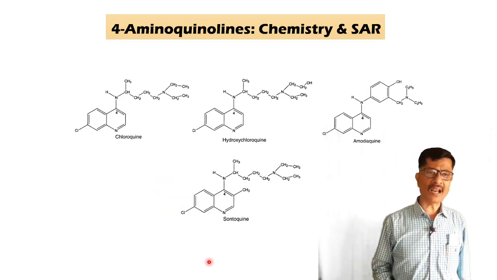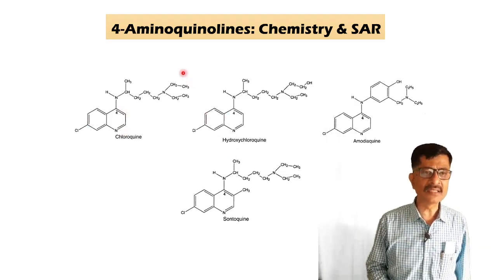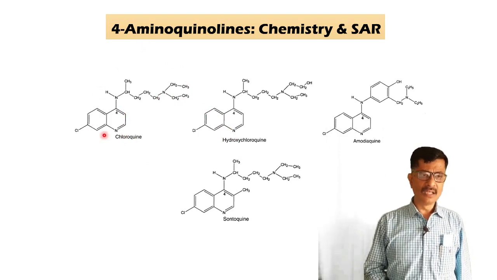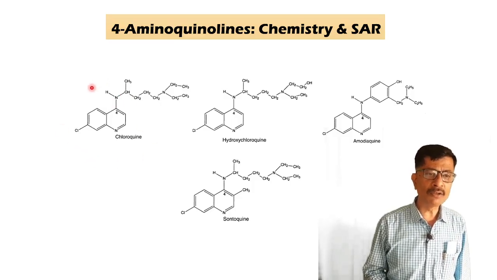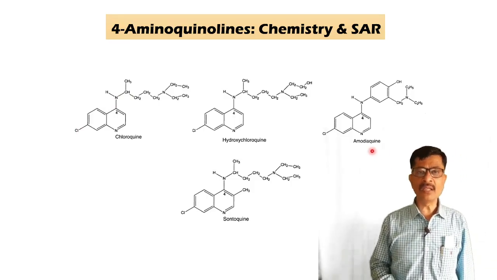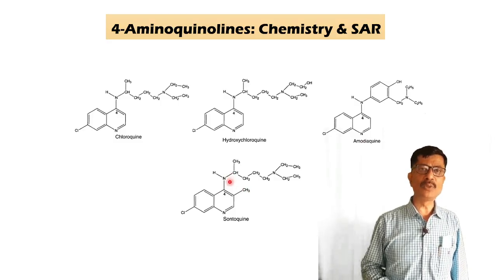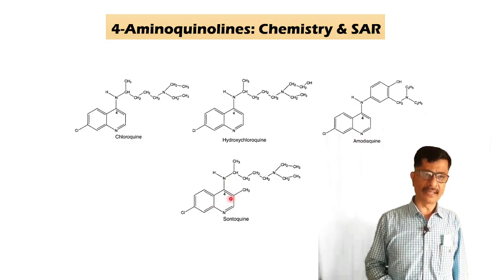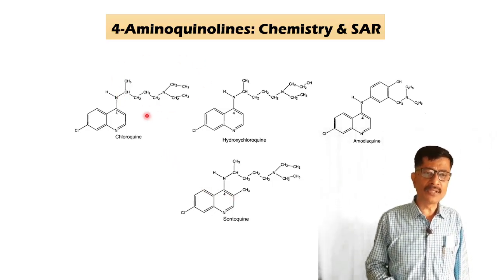Moving to the next chemical class, the next class of antimalarials is 4-aminoquinolines. This is a quinoline where the fourth position is substituted by amine. So these are 4-aminoquinolines. If you look at the structure of chloroquine or hydroxychloroquine or amodiaquine or santoquine, here you can see that amine is substituted at the fourth position of the quinoline ring, and this amine is further substituted with a long